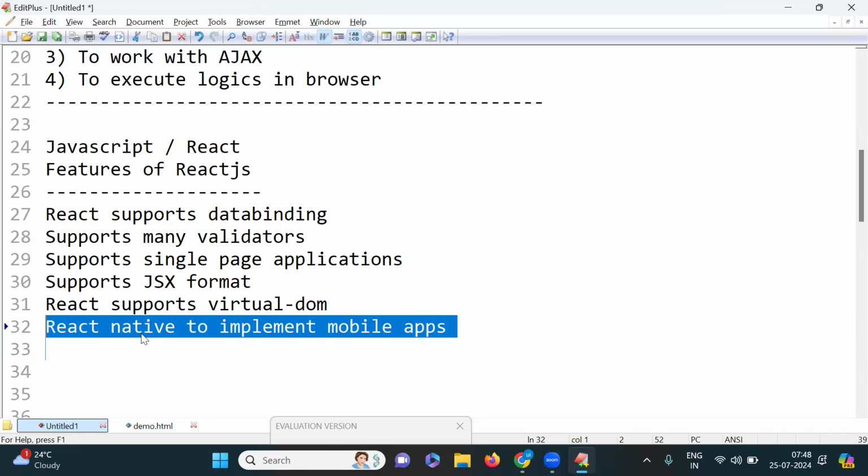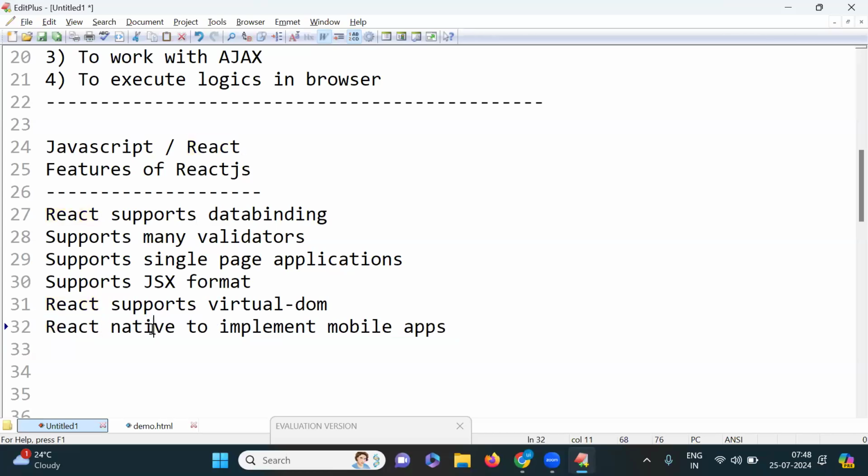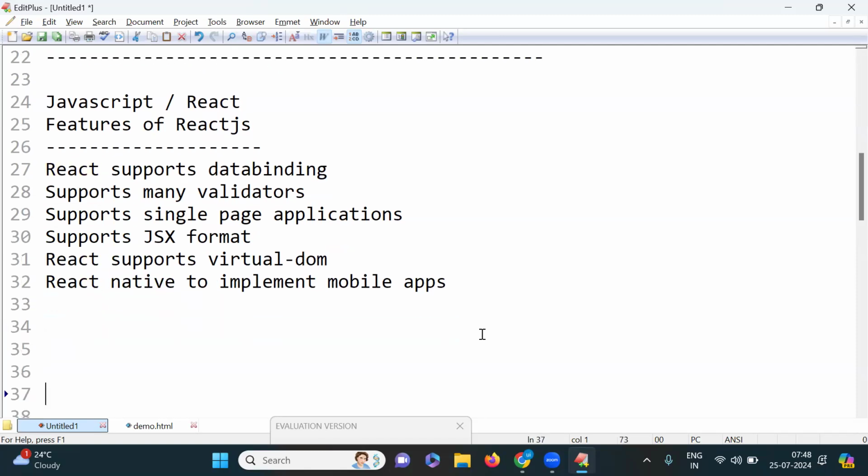So in future, if we want to extend our skills to mobile development also with the React.js possibilities there, at that time you should simply learn this native. That is an additional package framework. If you learn, you can develop the mobile applications also. Next one here,